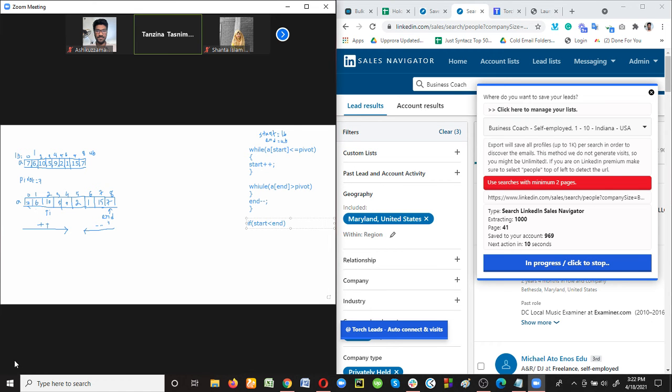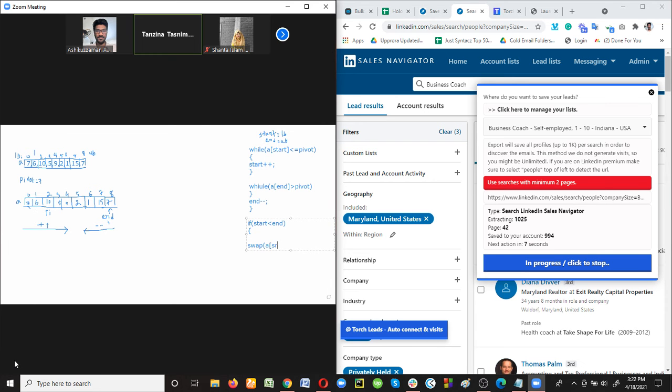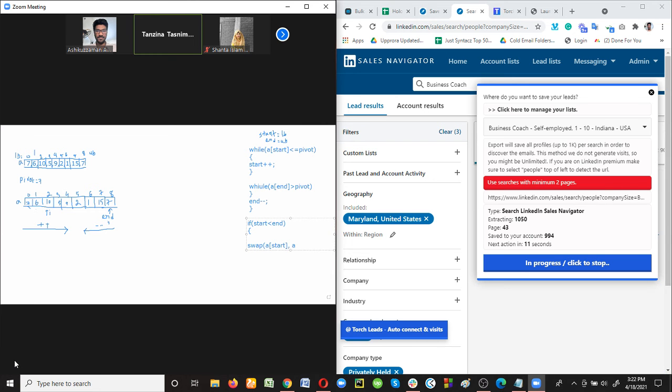Look at this, I equals 2 and end equals 8, so this condition is true. When this condition is true, we use the swap function, swap a[start] with a[end].